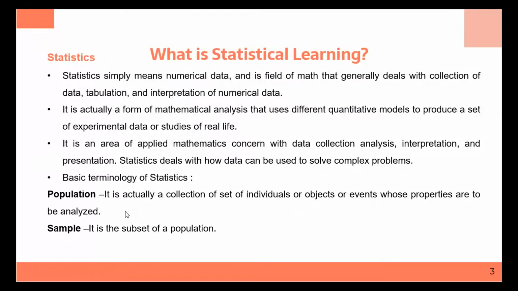Then the basic terminology that we will use every time till the end of the course: population and sampling. A population is a collection of a set of individuals or objects in the real world, or events, whose properties are to be analyzed. Right? Example: